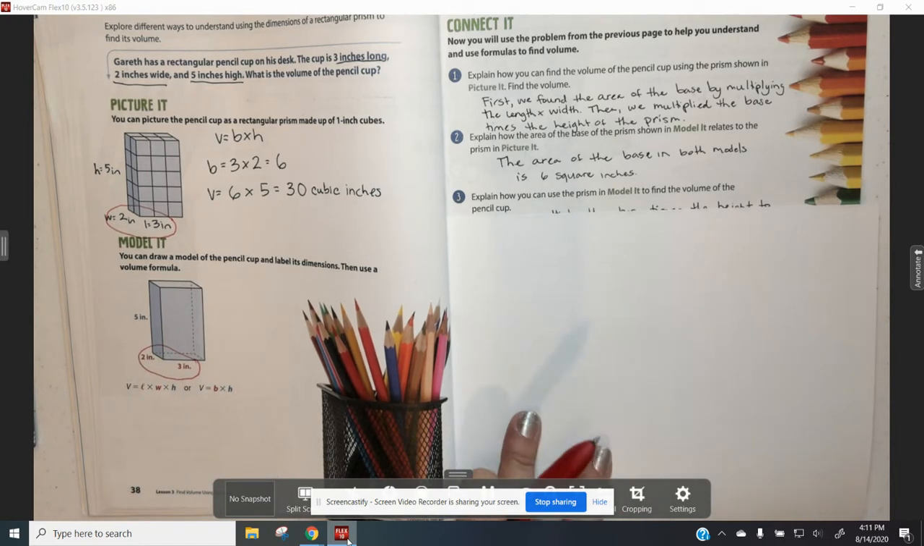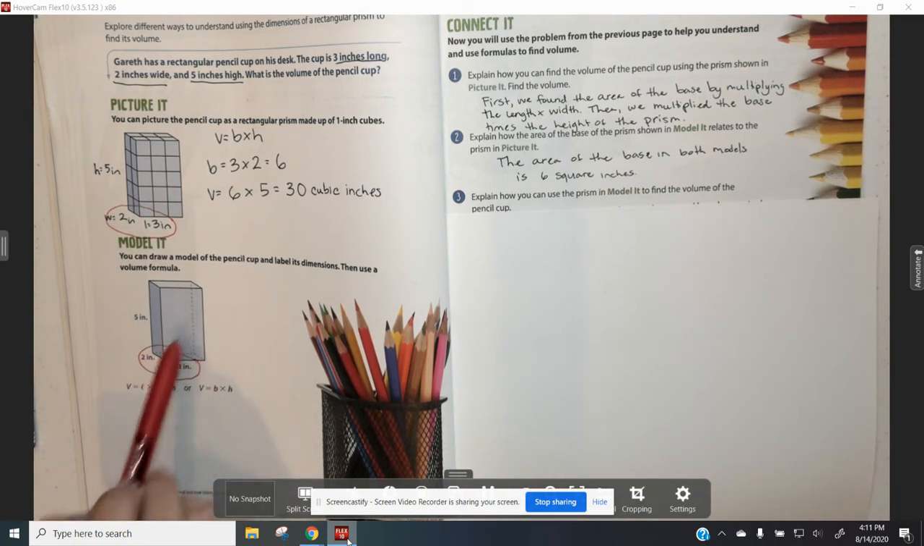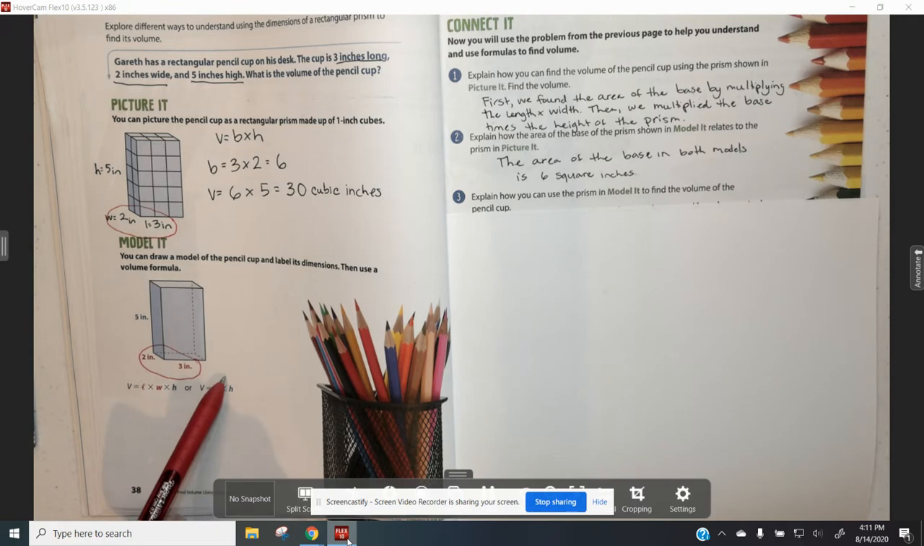Number 3, explain how you can use the prism in Model It. How can you use this prism to find the volume of the pencil cup? Go ahead and write how you would do it. You can always pause. All right,